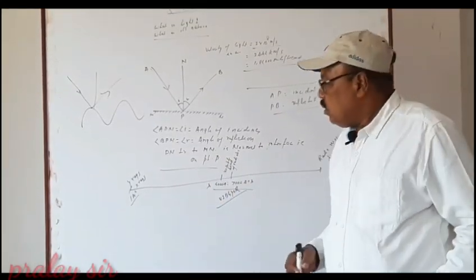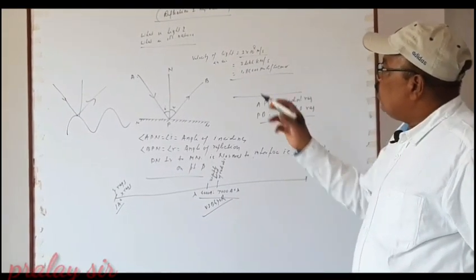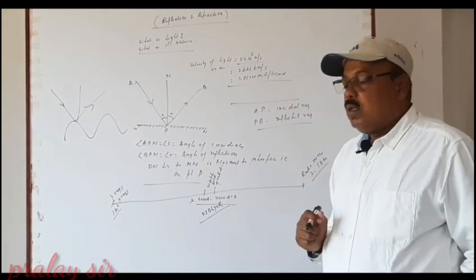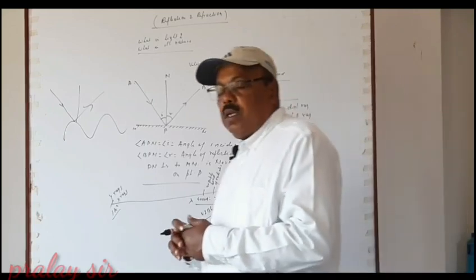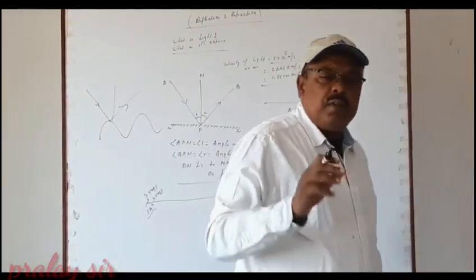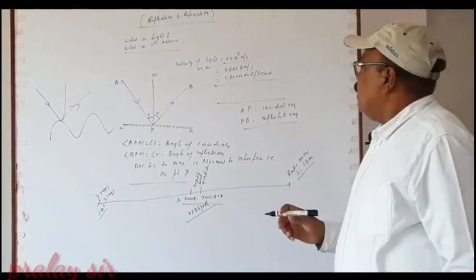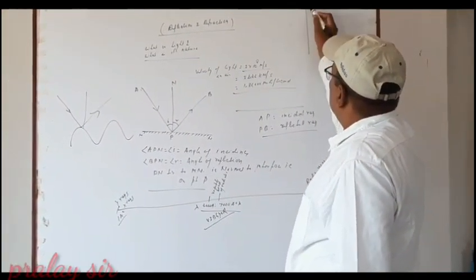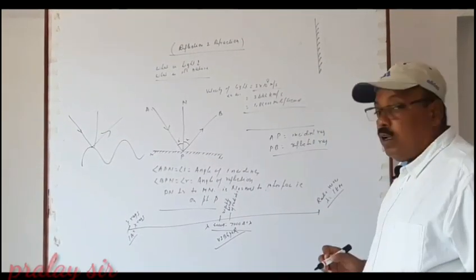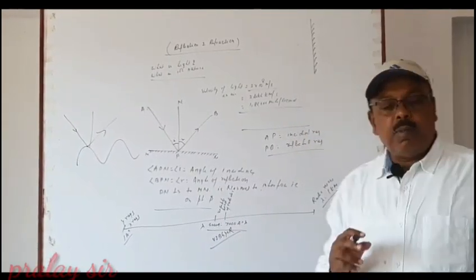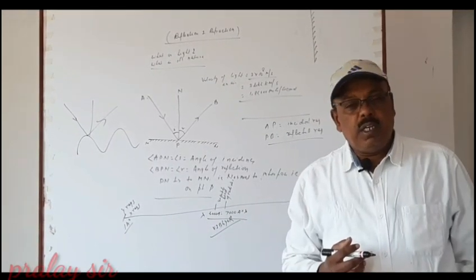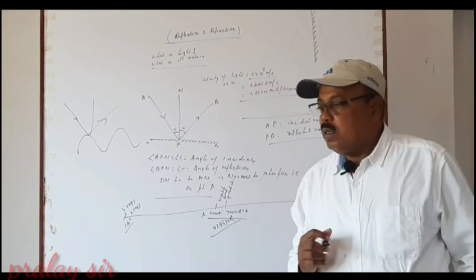Now we have finished the law of reflection. But from where? First of all, we have the reflecting surface. We are much familiar with the plane mirror. It's your plane mirror. In each and every household there is a plane mirror. If we stand in front of a plane mirror, we see our images, and one thing is that